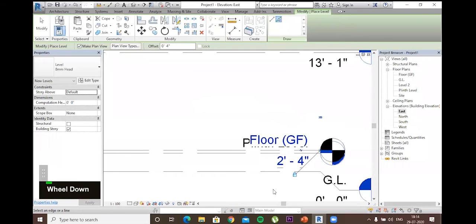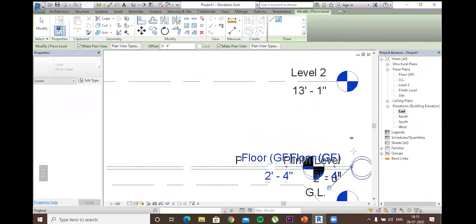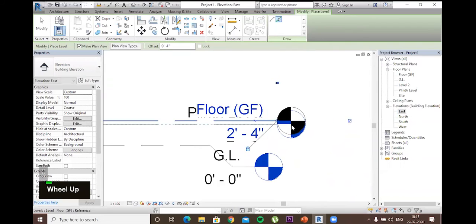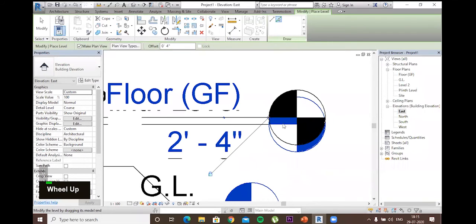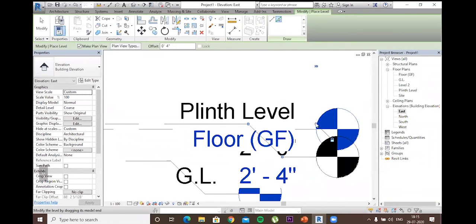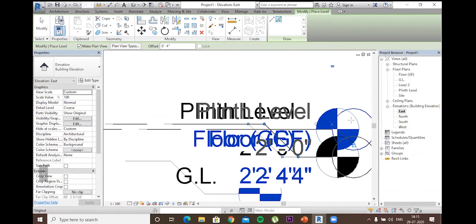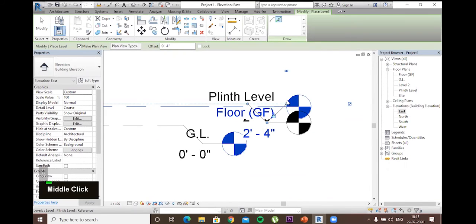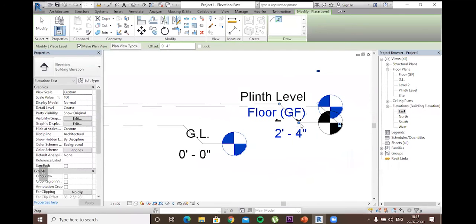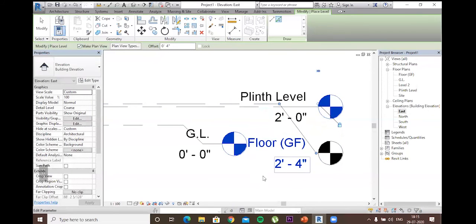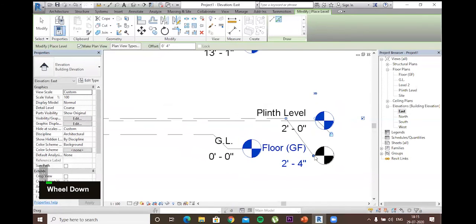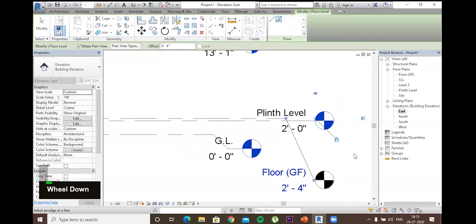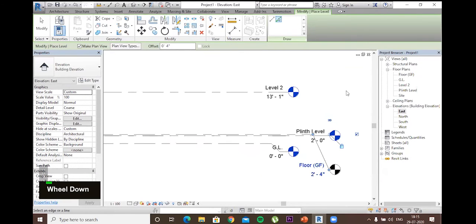Then we will extend it so that it will be clearly visible to us. This is how there are a lot of things we have to make sure that everything is clearly visible to us, so that when we will be analyzing the project finally, it will give us a better output. Okay, so this is the ground floor, this is the plinth level.